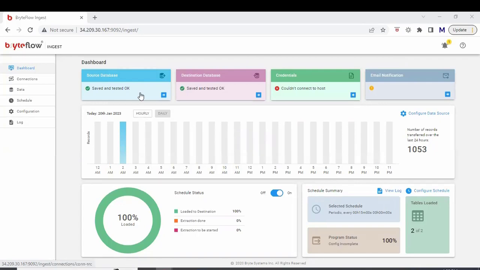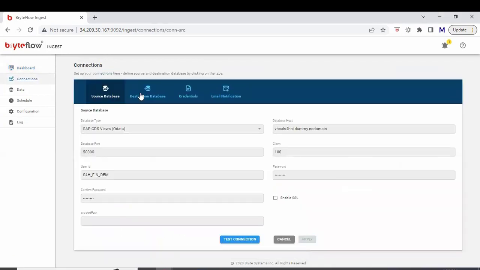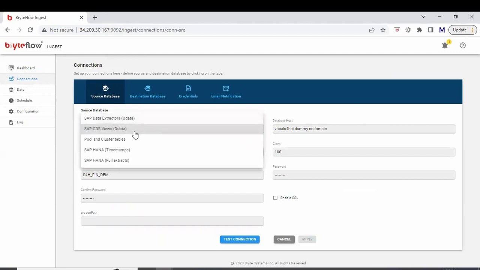All we need to do is a step-by-step, three-step process, basically where you connect your source and destination and choose your objects for replication. And thereafter you begin with the replication here. So we're going to start with the source database connectivity. And we're going to choose SAP CDS View OData as our connector here,